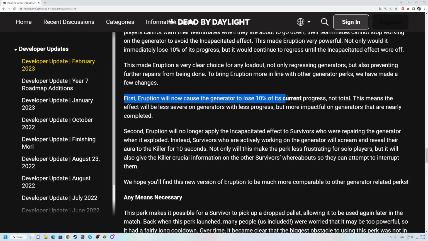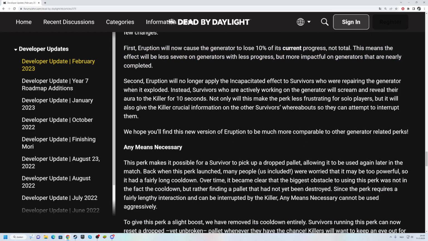First, eruption will now cause the generator to lose 10% of its current progress. This means the effect will be less severe on generators with less progress, but more impactful on generators that are nearly completed. Okay, so basically it got the pop treatment. Wonderful. Second,